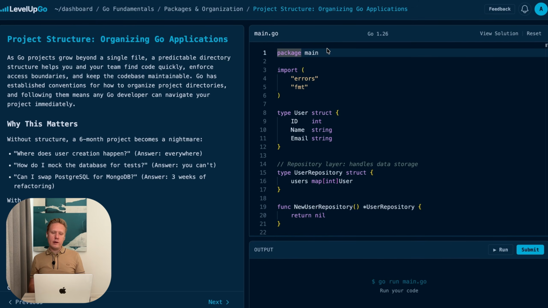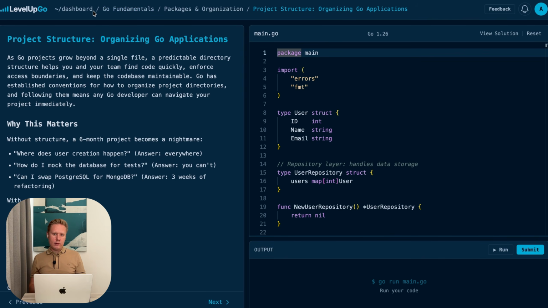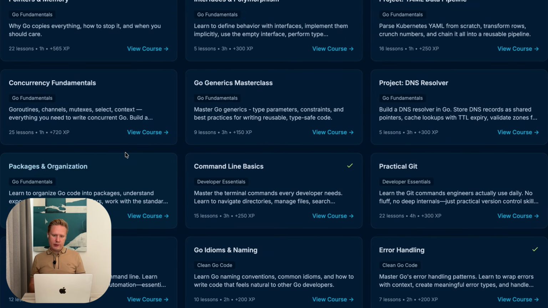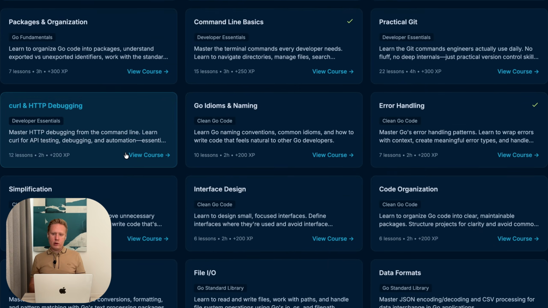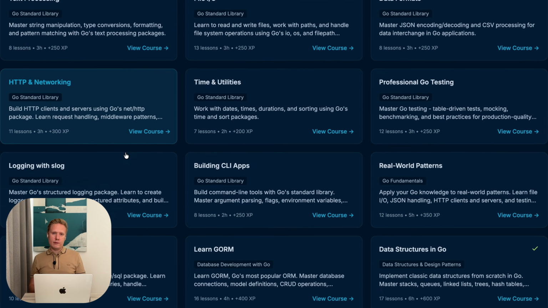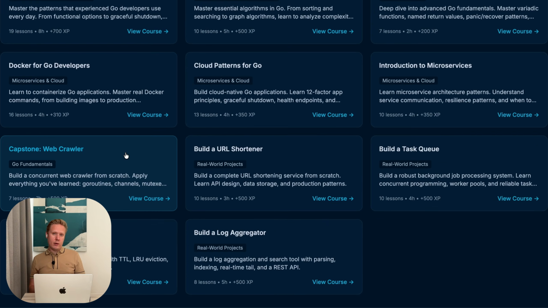So this is a lesson that teaches you how you should structure your Go code following best practices. If we go back and view all the courses again, and scroll down the list here, you will see all the available courses that currently exist on the platform, and new courses will be added all the time. I'm currently working on adding a Kubernetes course, and I'm also working on adding more projects, and I'm also